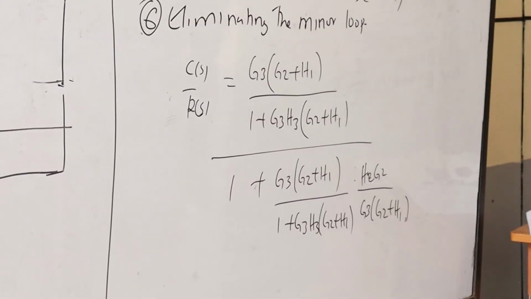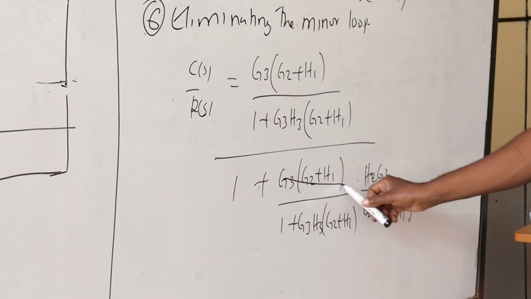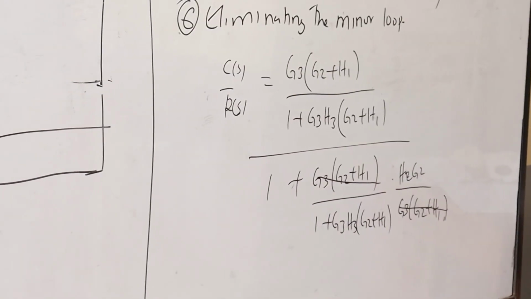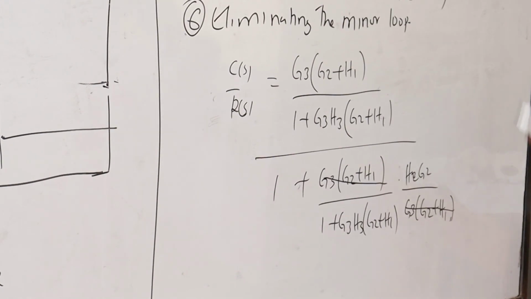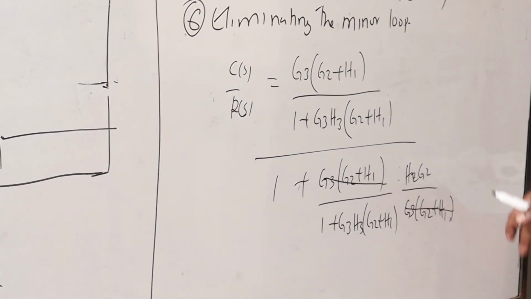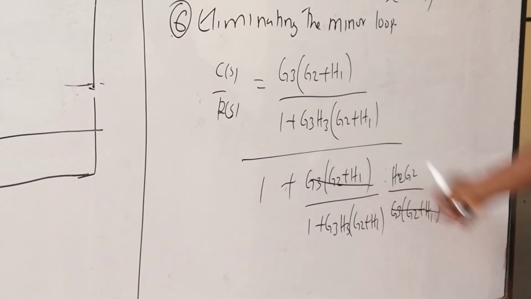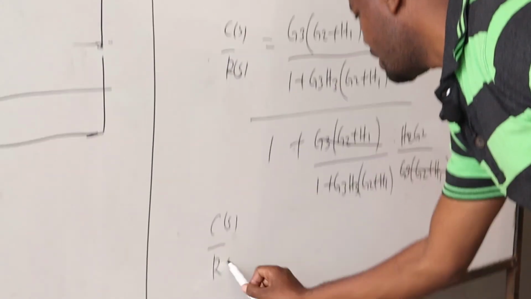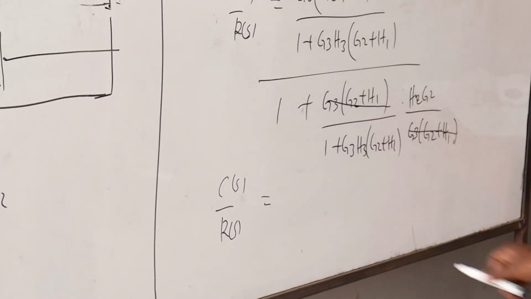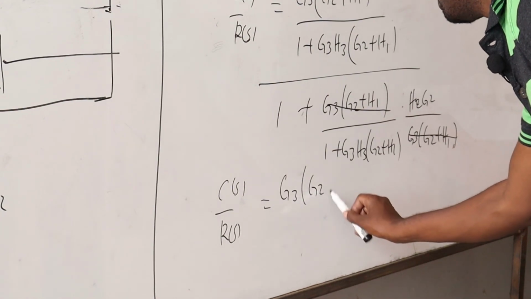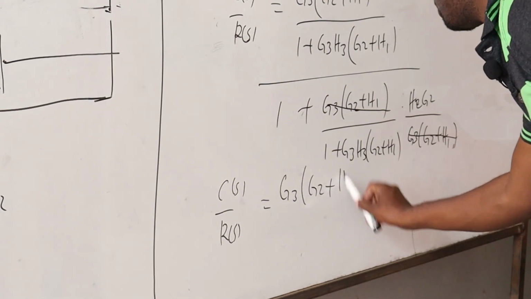If you do that, this one and that one can cancel, and if you do your division properly, this will also cancel. Therefore C of S all over R of S is going to be G3 into G2 plus H1